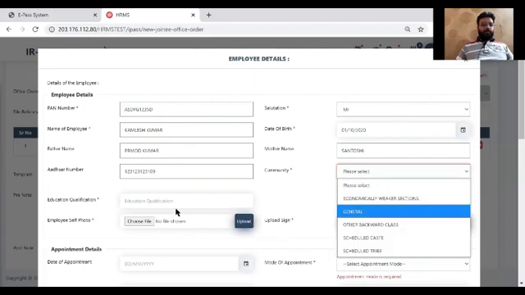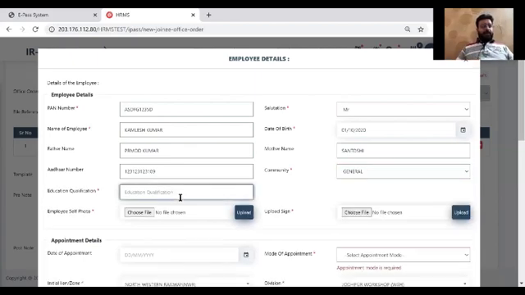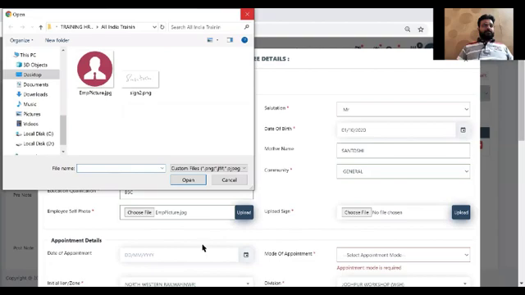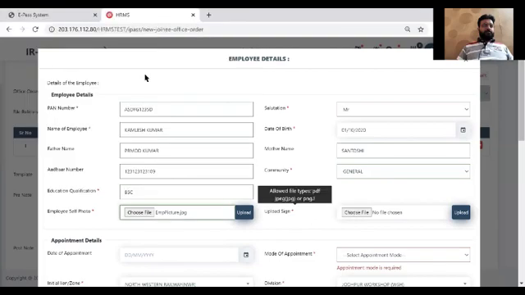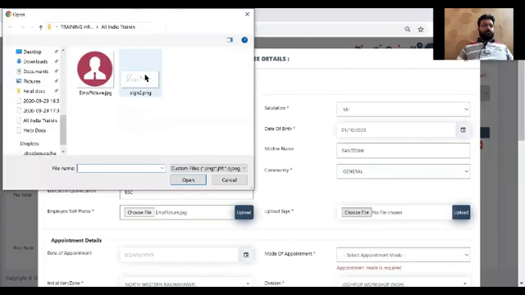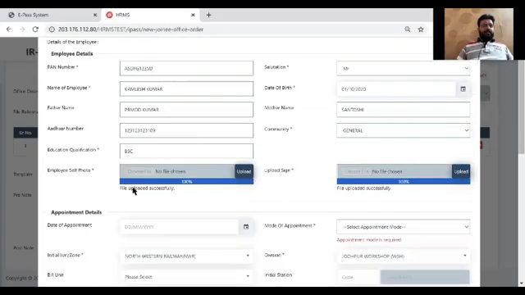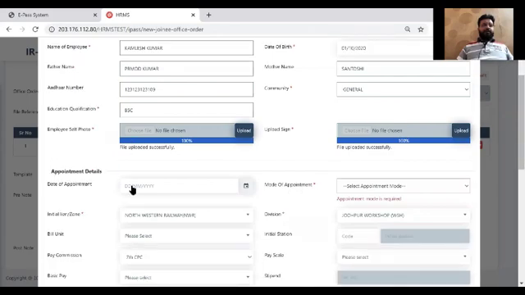I need to put community here, educational qualification. I need to upload the employee's photograph and signature. So I'm uploading just a dummy photograph and dummy signature. They are going to upload while we move ahead with other information.